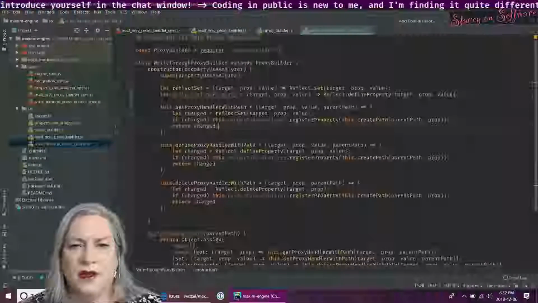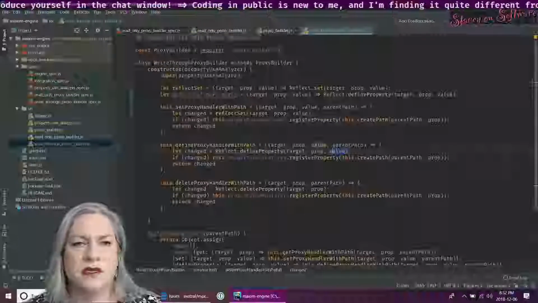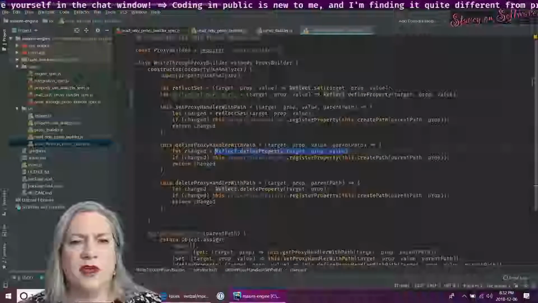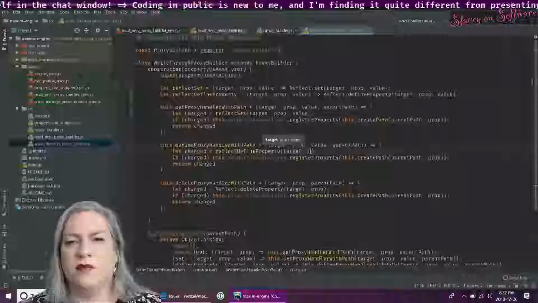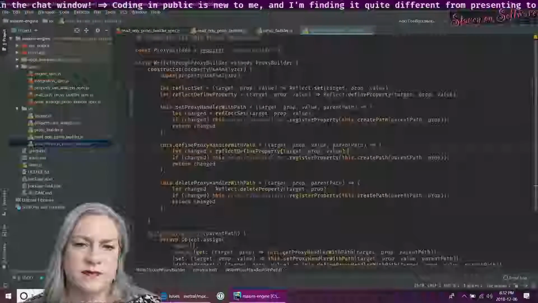And now this becomes reflect defined property with the target, the prop, and the value.